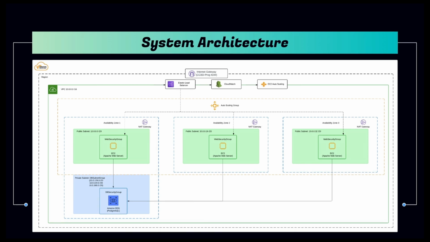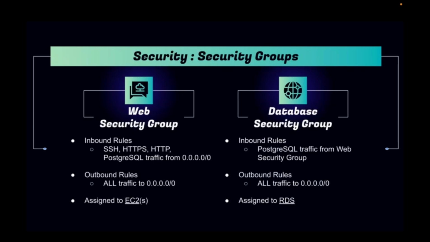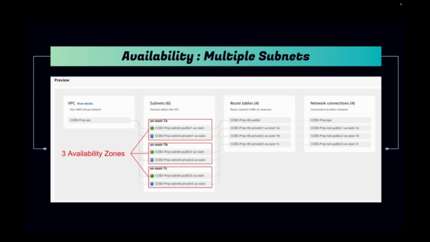Now, I'll pass the time to Rachel Poh to elaborate more on the security and availability aspects. Moving on, we have created different security groups for our AWS resources. For our EC2 instances, we have allowed inbound rules of SSH, HTTP, HTTPS, and PostgreSQL from all traffic, whereas for our RDS, we have restricted inbound traffic to only PostgreSQL coming in from the EC2 instances in the other security group. To improve on the web application's availability, we opted for our resources to be hosted over 3 availability zones instead,